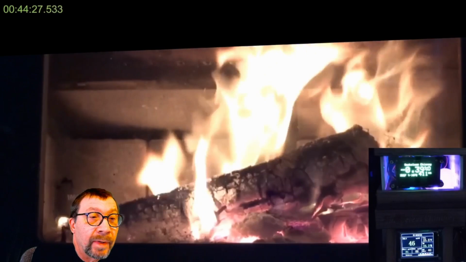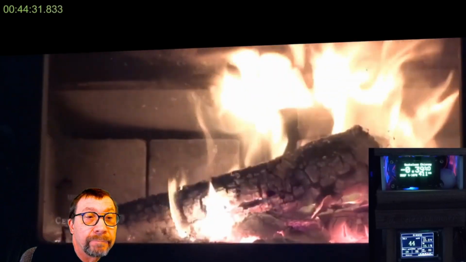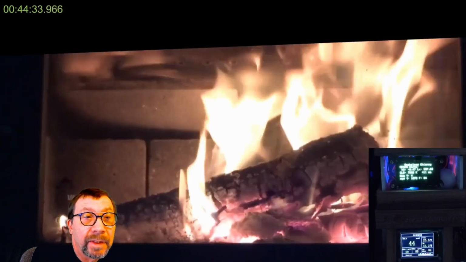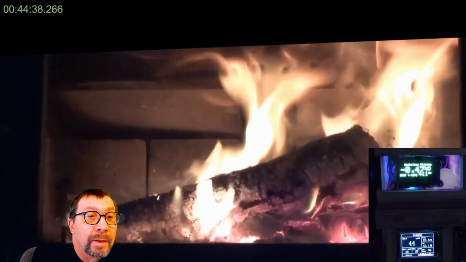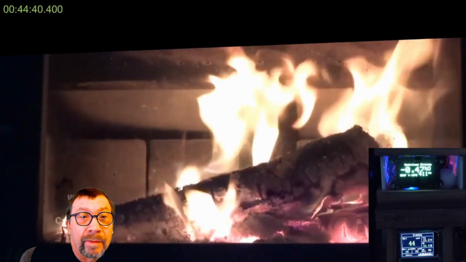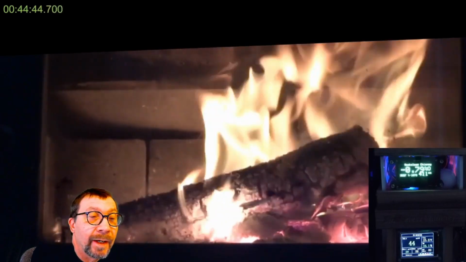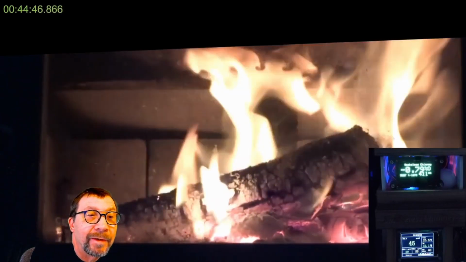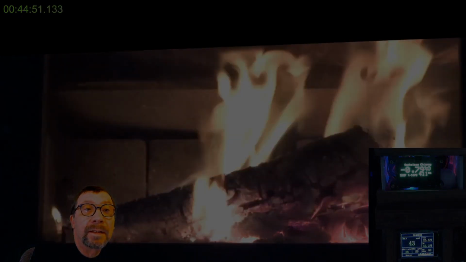I'll have graphs. I haven't processed the graphs yet. However, if you've got good looking flames and you're not putting out any smoke, you would assume that you have a nice hot wood stove that's putting out a lot of heat. And I remember being down there and I didn't want to touch it. It was hot. All right, well,